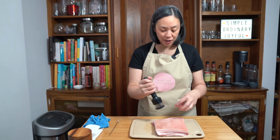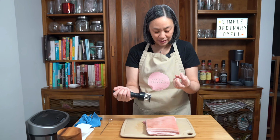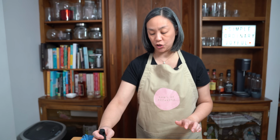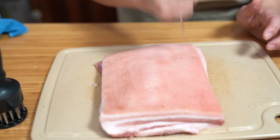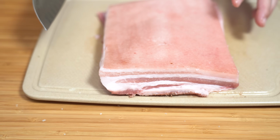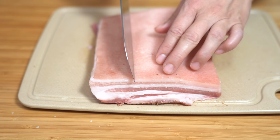So the more holes you get into the pork belly skin, you'll get more bubbles, and that will make it more crispy. And that's exactly what you want here. But you know what? If you don't have this, you can just use a metal skewer and just jab them. And be just as violent. Okay, I am now going to just score it so that it's easier to cut